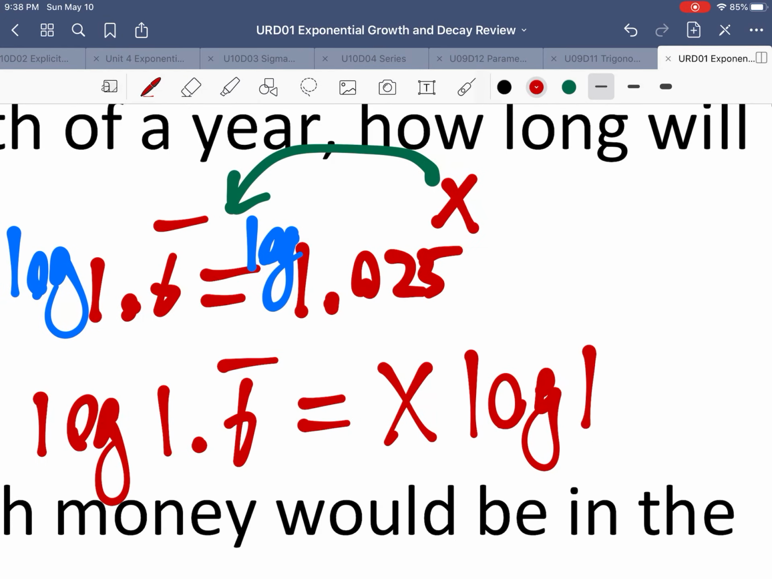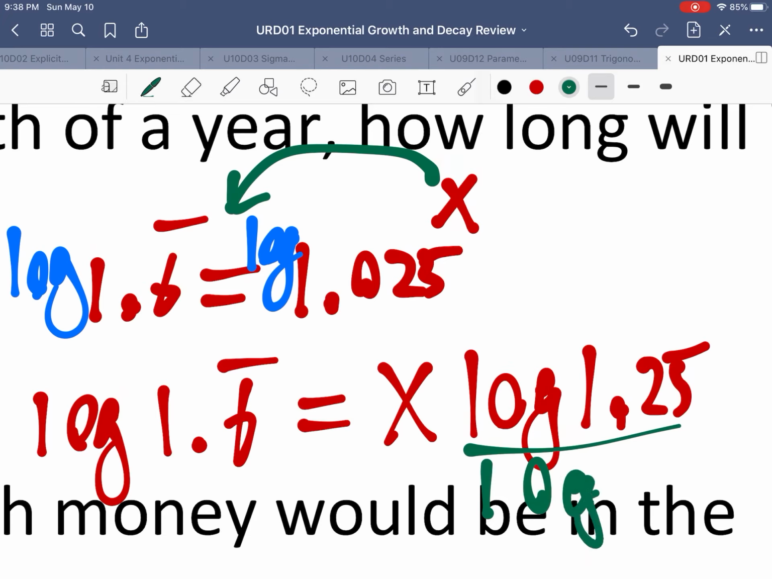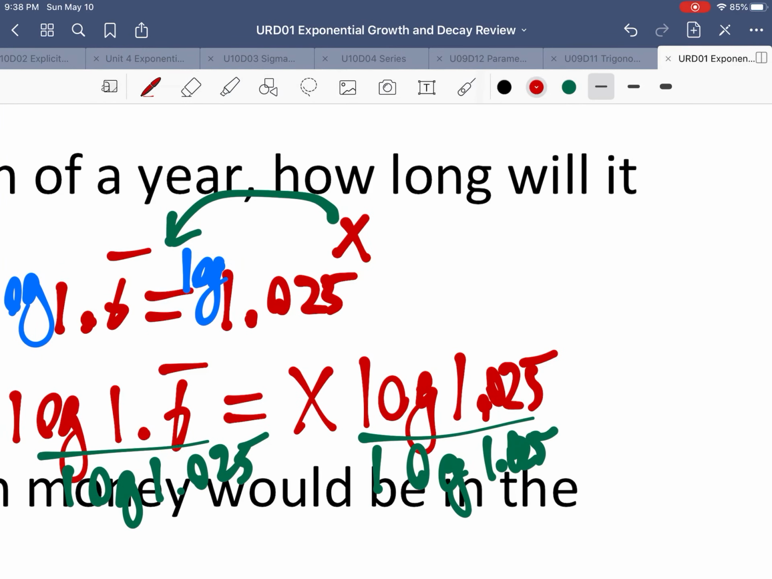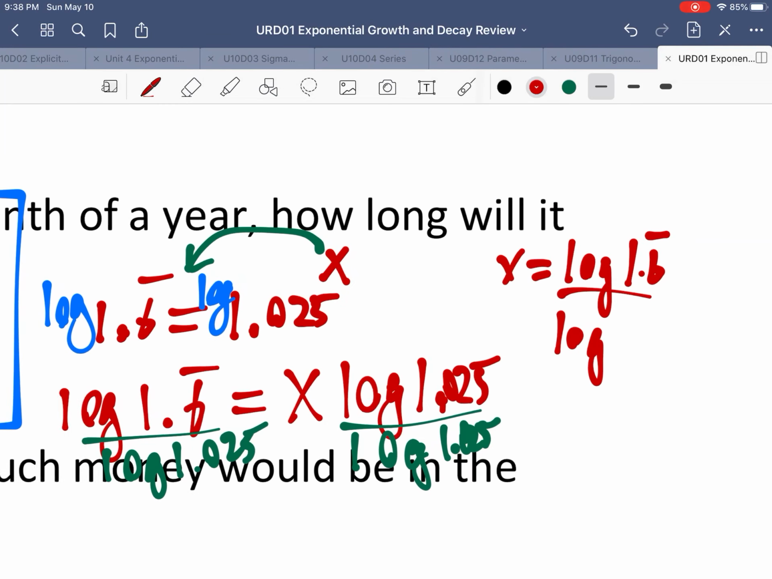x log of 1.025. So the only thing we need to do to get the x by itself is to divide both sides by log of 1.025, excuse me, I left out the 0 again. And this is going to be our value in our calculator. So x is going to equal log of 1.6 repeating divided by log of